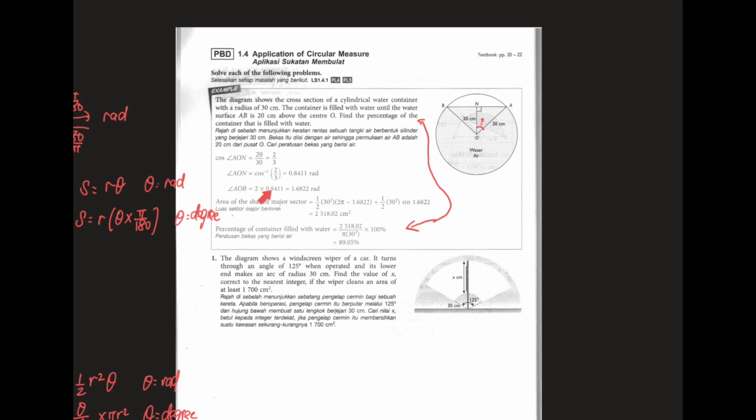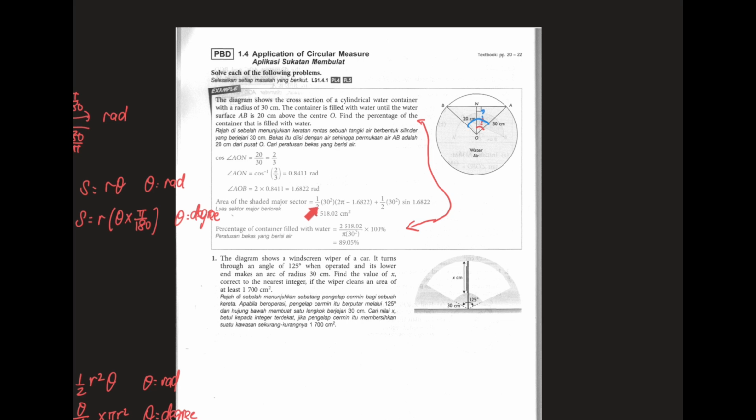Now you see the times 2. The times 2 is because they want to find the whole angle of this triangle. So that is the second step. The second step is they are trying to find this in blue color. Now, to find the area of the shaded major sector,